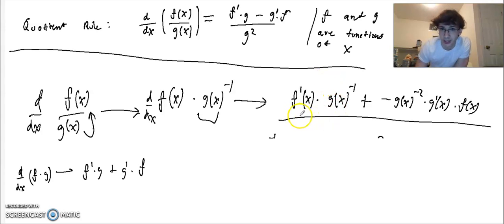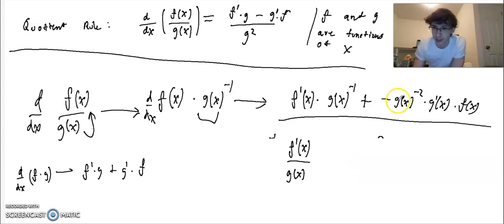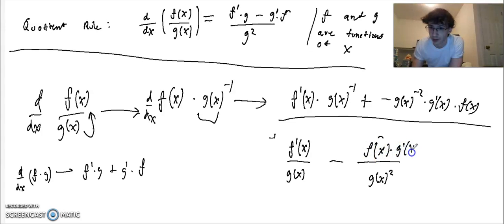First, I see f prime of x in the top, and this is to the negative 1, so we'll do g of x in the bottom. And then, don't forget this minus sign right here, minus, I see negative 2, so it's in the bottom, g of x squared, and then g prime of x times f of x. F of x times g prime of x. And we are almost here, but